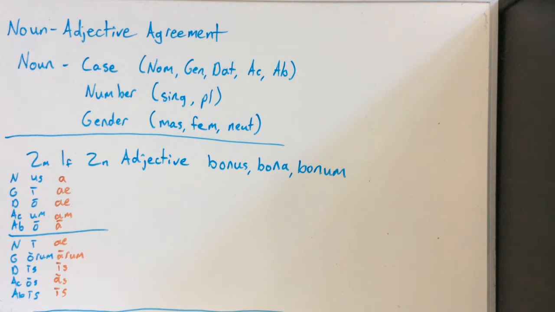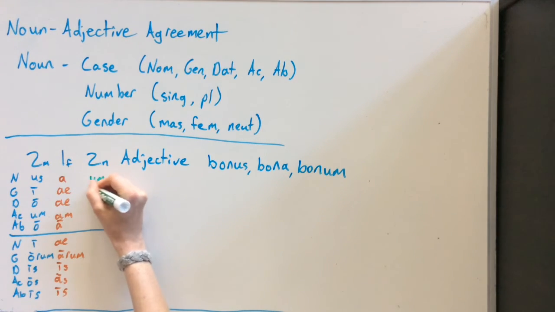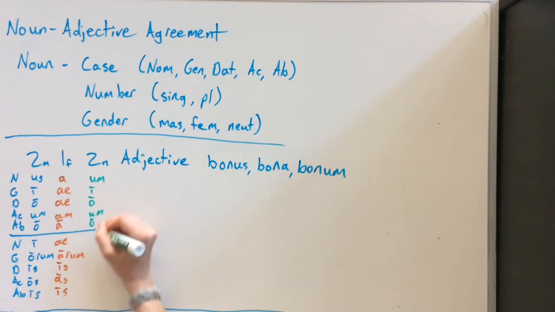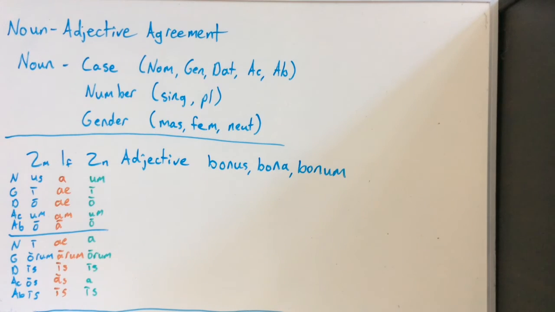And for the neuter, we have um, i, o, um, o, a, orum, is, a, is. So these are the three declensions that we learned in chapter 1. Now let's see how we can use them to make bonus, bona, bonum, good,